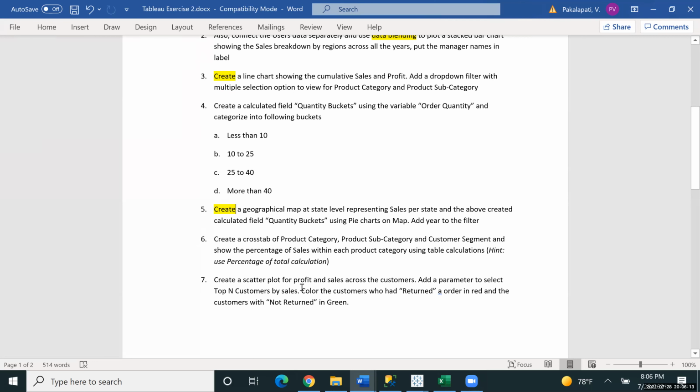So for me, it is showing only one. Even I created a calculated field for that. Is this correct? I mean, we don't need a calculated field for this. It will happen automatically. Can I see your join? What join have you created?